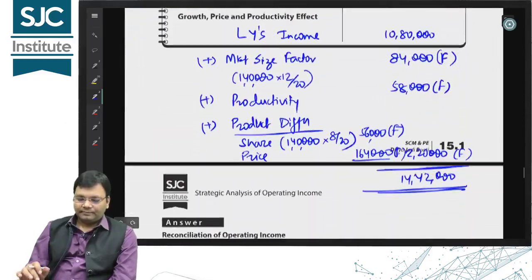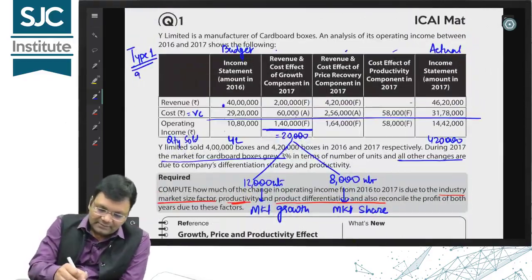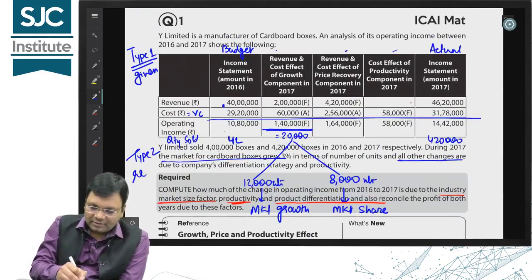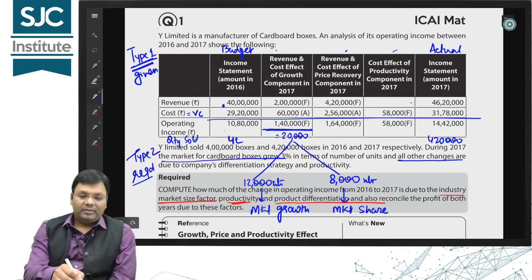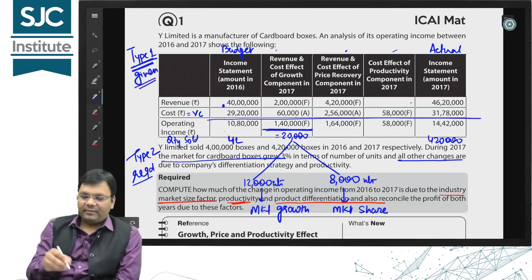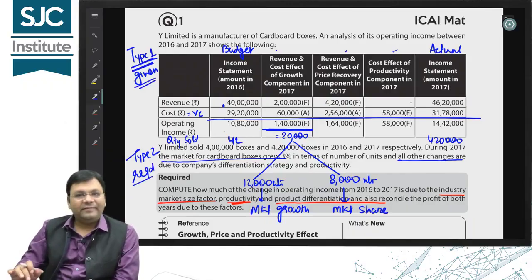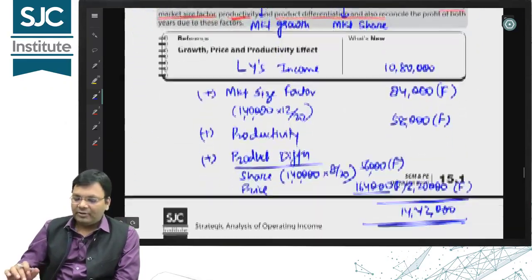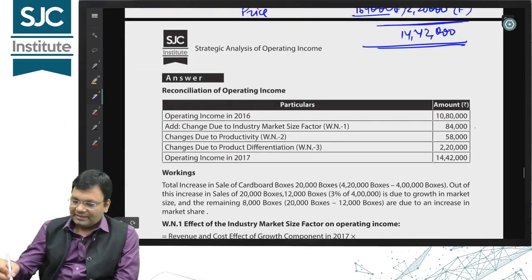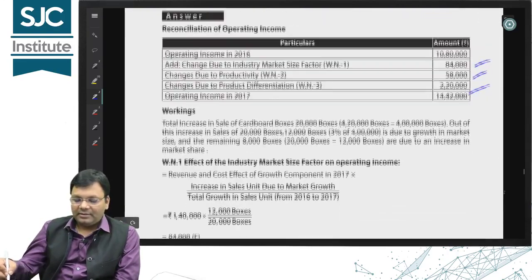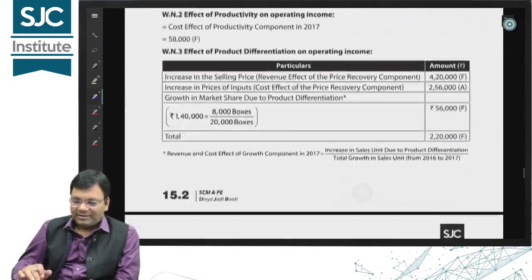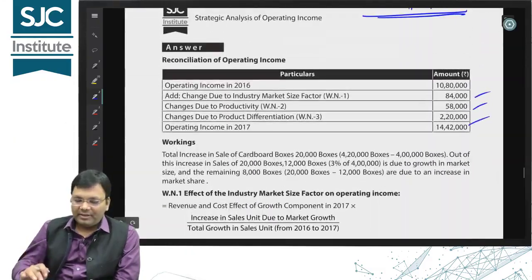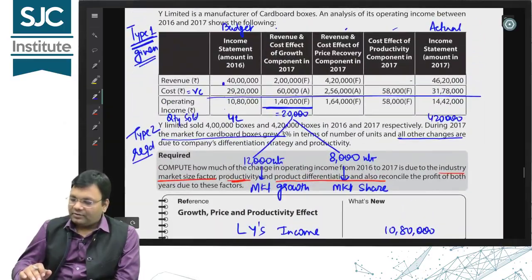Question 1 is done. Type 1 is given. Type 2 is required. So don't write type 1 here because type 1 is given. From type 1 you just need to break the growth effect into two parts and reclassify to get type 2. You can check the answer here. It's all well written. You can check the workings. It's a bit complicated, written by the institute, so I have copied here. You can simplify it also.